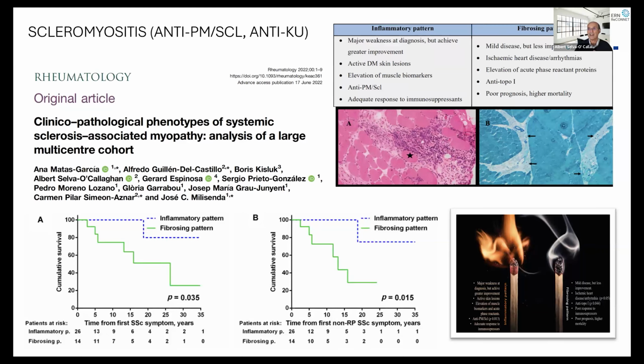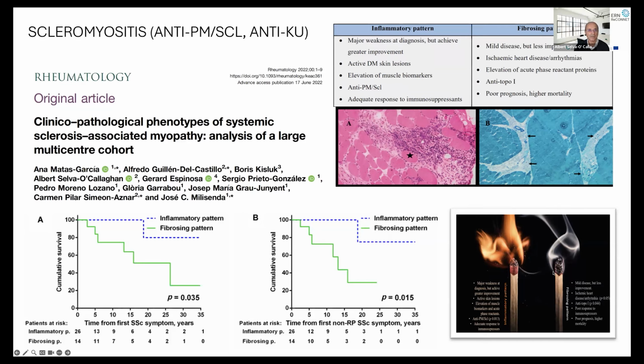The prognosis of those patients, you can see in these slides, here the inflammatory infiltrate of those anti-PM/Scl patients and those with a Gomori trichrome stain. You can see here this connective tissue, very wide here. So this group has a worse cumulative survival, so it's important. In this picture, you can see this inflammation could be the match, and after it burns, the fibrotic manifestations remain. Okay, let's move to another disease, but with different phenotypes, depending on the antibody.